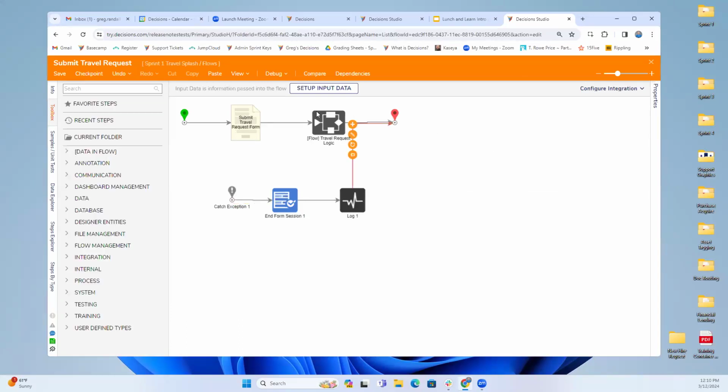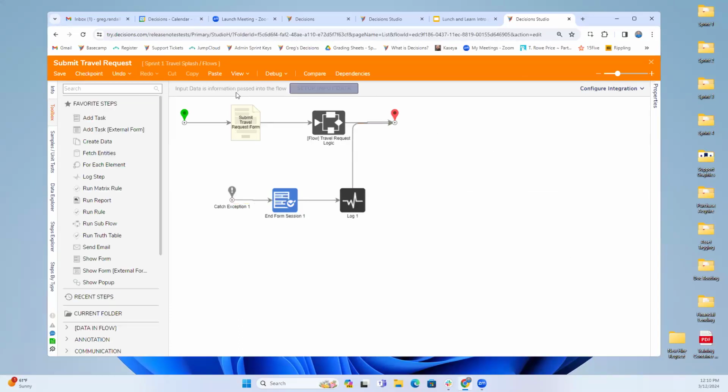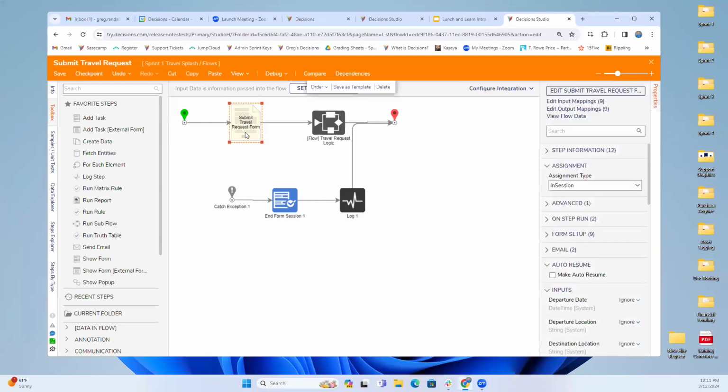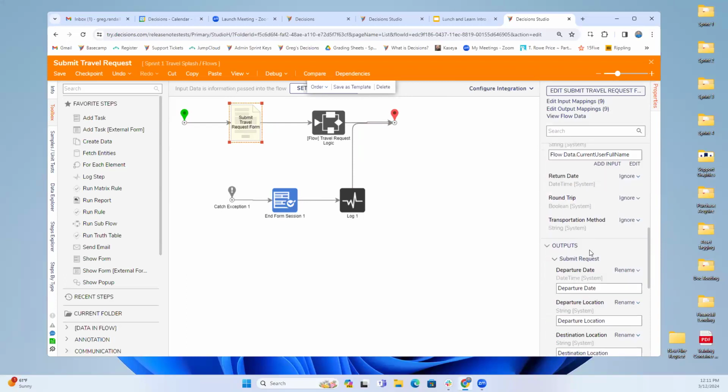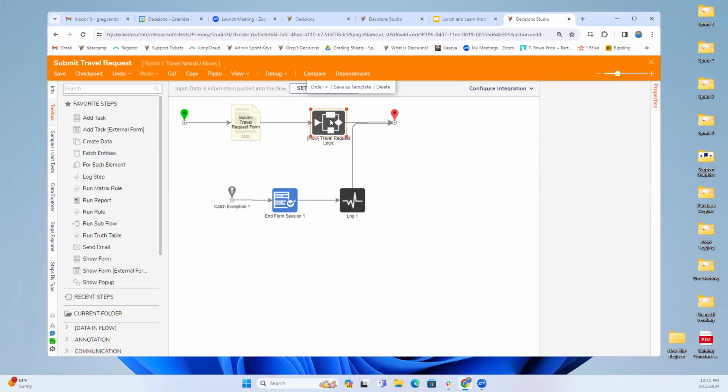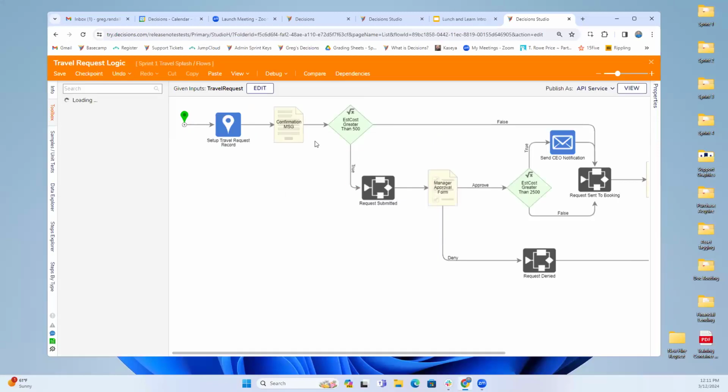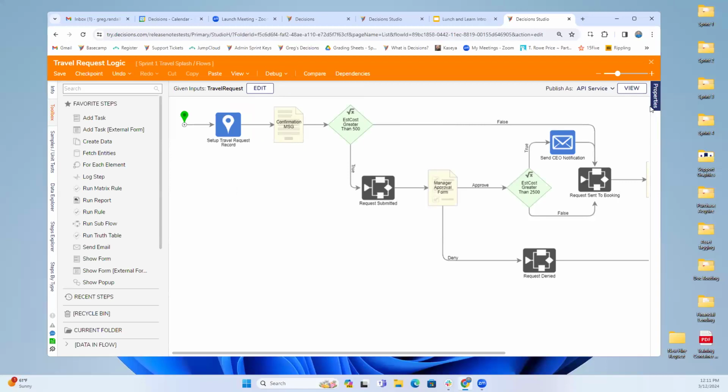Well, this is an example of the travel request project that you probably did in your training. You built a flow starting with a form. In this flow, you saved this data as process data, if you remember that. But is this along the lines of what you're having trouble with? I feel like yours